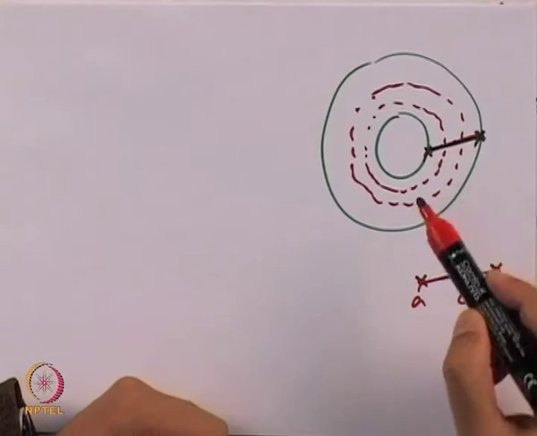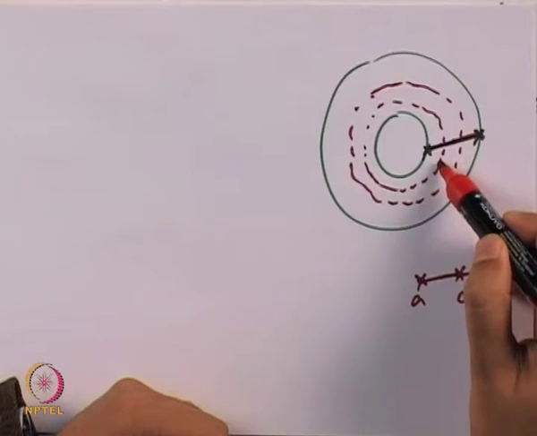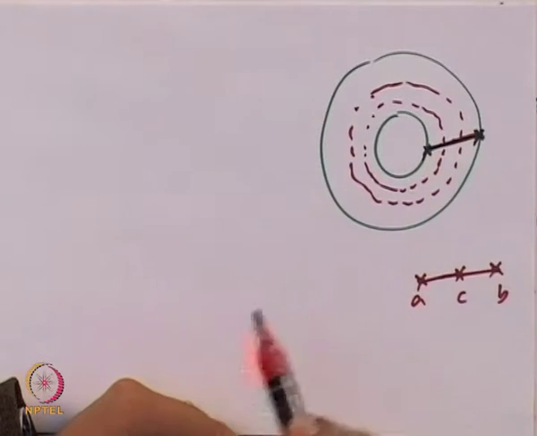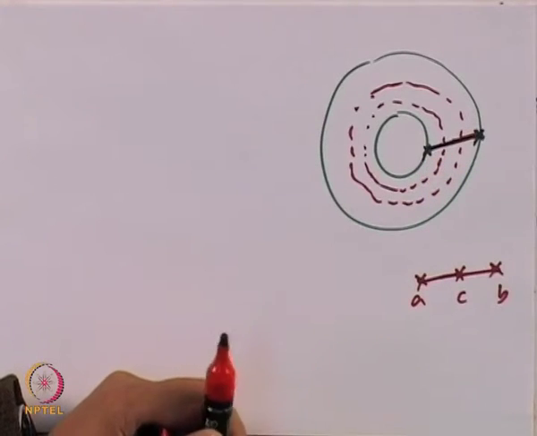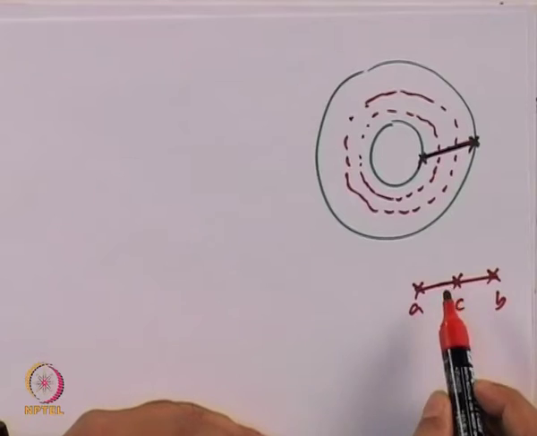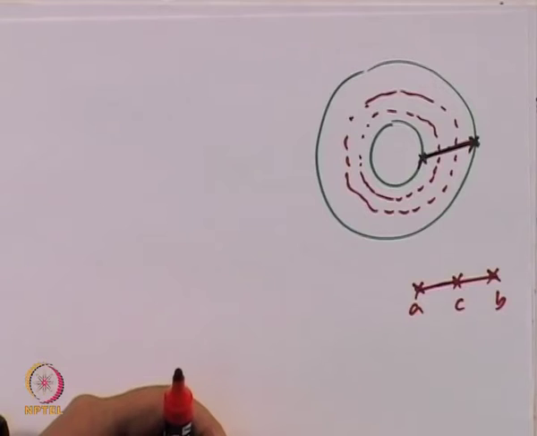So when the radius of the outer conductor is almost the same as the inner conductor, a single line is enough to approximate it as well as the double line, because it does not make sense to have two points that are so close to each other and then a third point in between them. In that sense, the single line and double line approximations converge to the same result